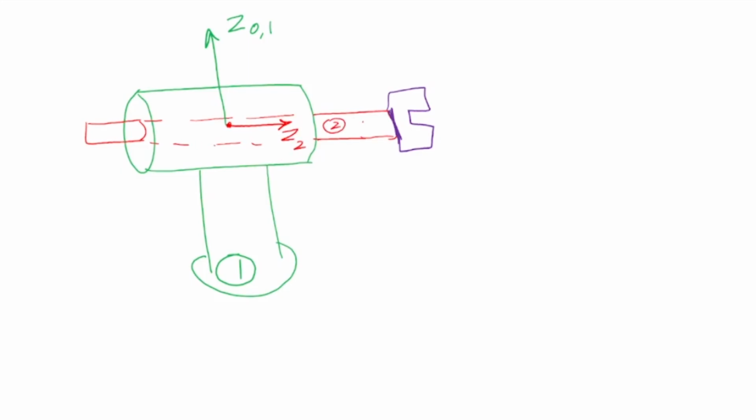This is link 2. So when link 2 moves, maybe link 2 will come like this. You know what will happen? This will come this side, like that, because link 2 has moved. So when it moves, the origin also will move because it is fixed on that link. Red color origin is fixed on the red link. So when it moves on the left side, this origin will also come this side. So it has come here now. I hope you understand that.